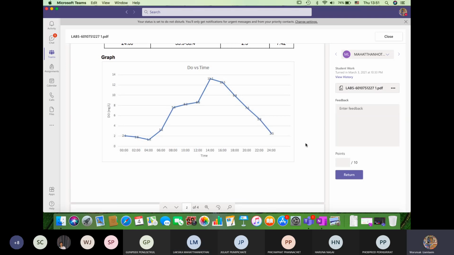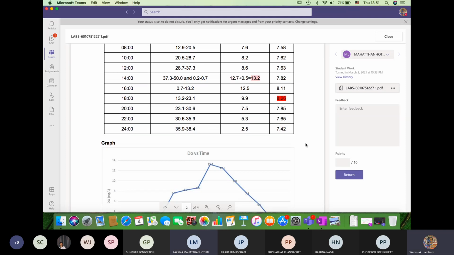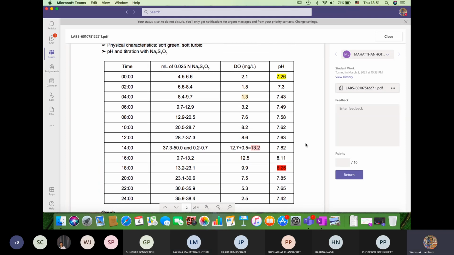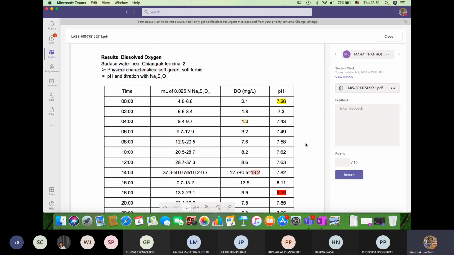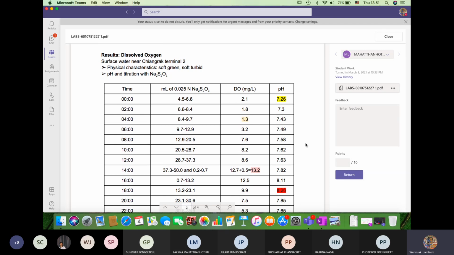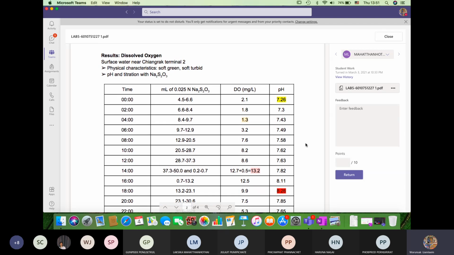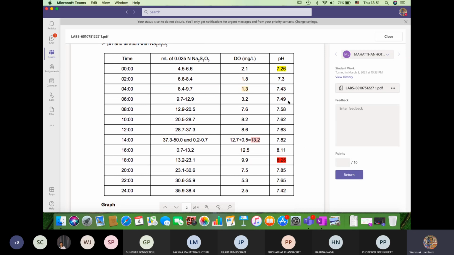In fact, do you have the source near the terminal? I assume it must be the results obtained from the ponds. So if it is the ponds and there is a very high variation like this,